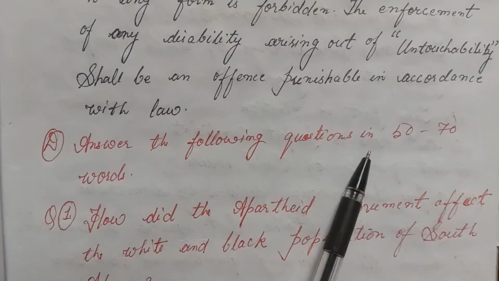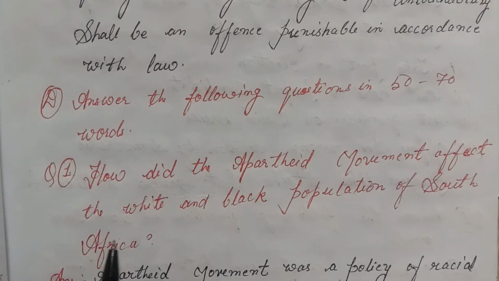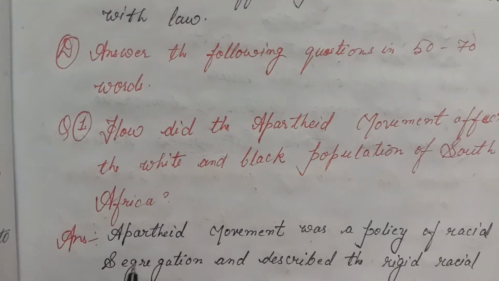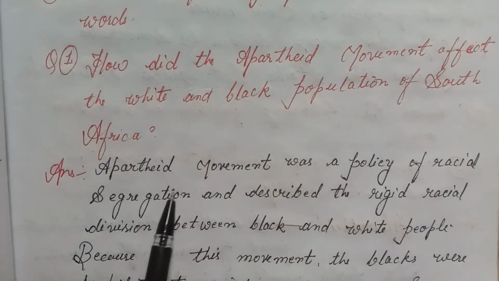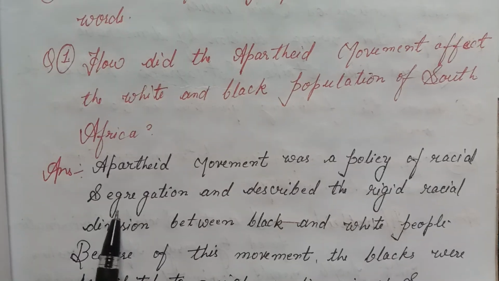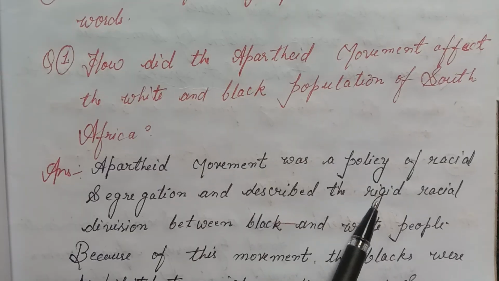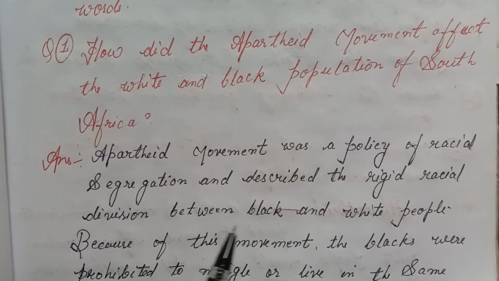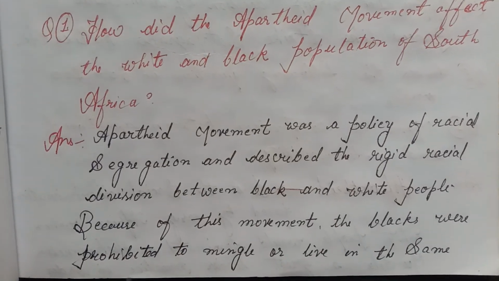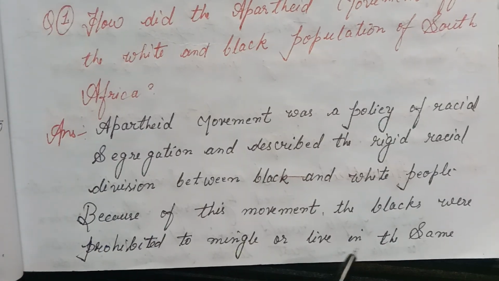D. Answer the following questions in 50 to 70 words. First, how did the apartheid movement affect the white and black population of South Africa? The apartheid movement was a policy of racial segregation and described the rigid racial division between black and white people. Because of this movement, the blacks were prohibited to mingle or live in the same